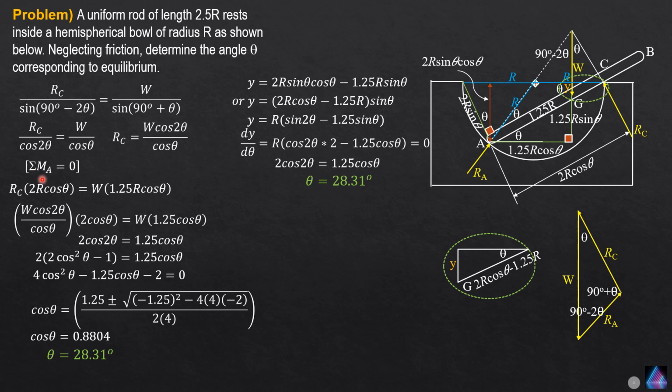Then for the calculus approach, this is the uniform smooth rod. When the rod is at rest, it will occur when the center of gravity is farthest from the top. Just like when you place a ball here, the ball keeps on rolling back and forth until such a time that it will be at rest at the lowest point.